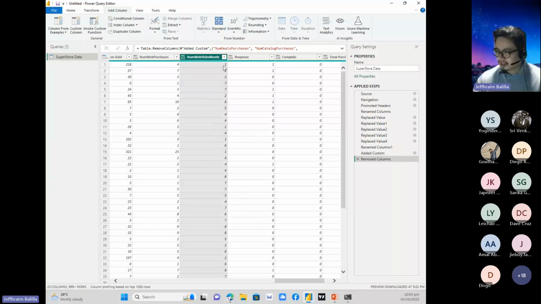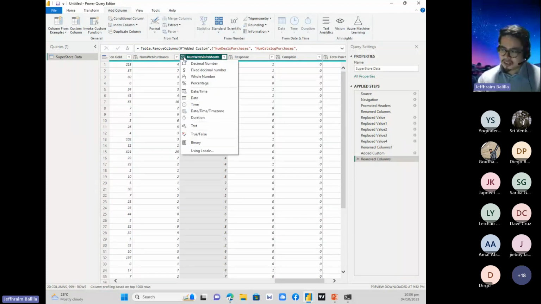Currently, the figures in this non-web visits column are not a number nor a text. It's on a generic format currently. That's actually clickable. If you click on that, you would see all of the different data types